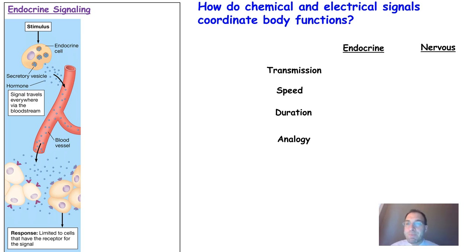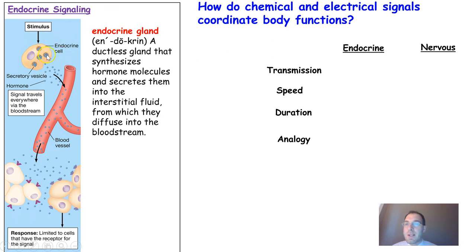Well, the endocrine system, like the nervous system, gives the body a capacity to communicate using chemicals. And so, you'll often have a stimulus in an endocrine cell, and these cells are found in glands, just a collection of tissues that secrete specific hormones. There's lots of different glands. We'll see that in a second.